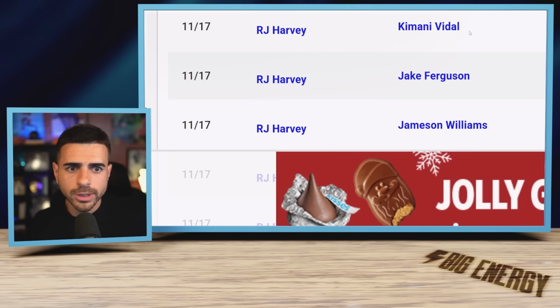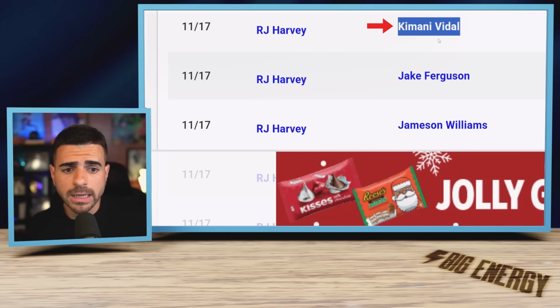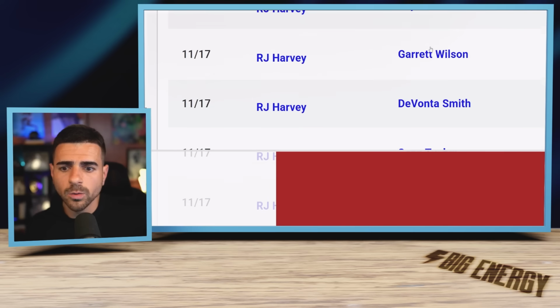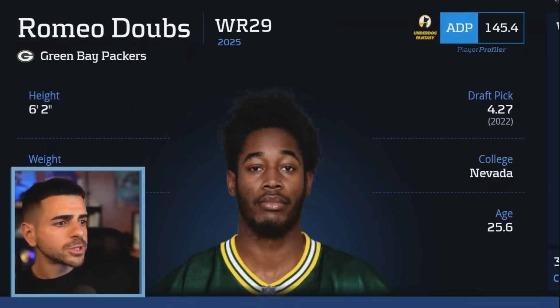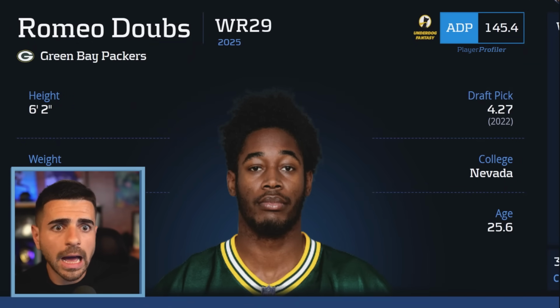I'm just dealing with that injury. Kamani Vidal definitely, with Omarion Hampton potentially going to return. Lots of deals you can get done 1-for-1 right now. Even DeVonta Smith for RJ Harvey, who looks like rest of season probably right around that top 20 or so RB. Next up, I want to talk about Romeo Doubs, who this past week, it was really difficult if you